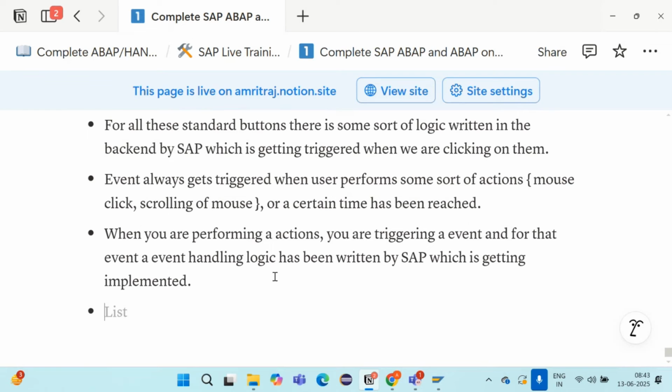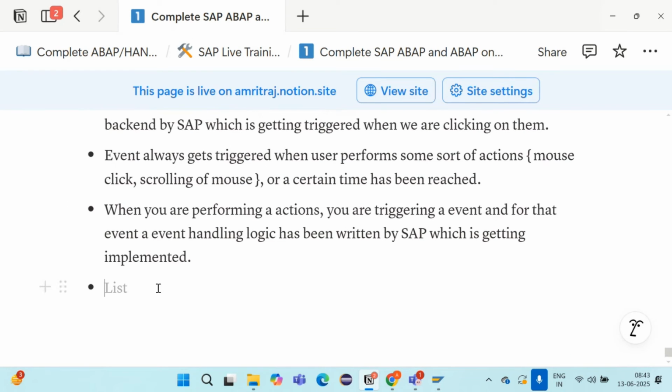Almost every programming concept has events: in ABAP, in ALV, in object oriented programming, in module pool programming. Everywhere we will see different kinds of events. We are just discussing classical reports, so here we will be discussing classical report events.